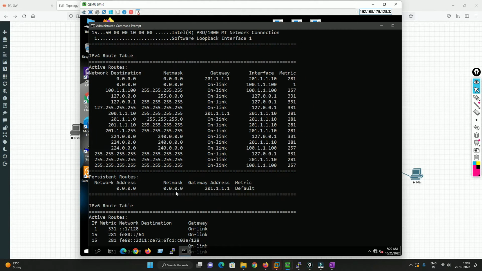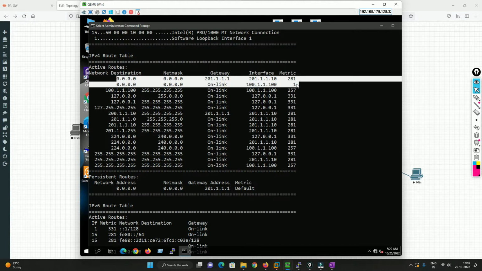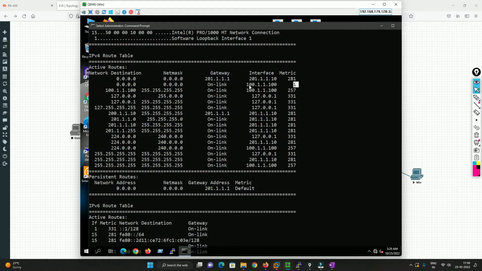Okay, now with the help of this command, it will show you all the routes that are there. I expect that you guys have a little bit of knowledge about routing as well. Okay, so this is a default gateway. Right now we have two default gateways, but the metric of